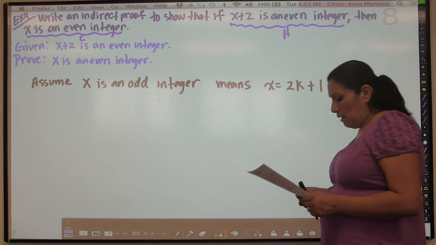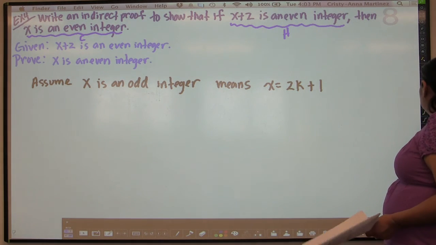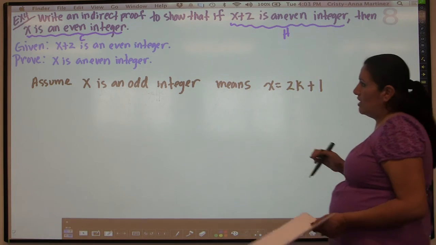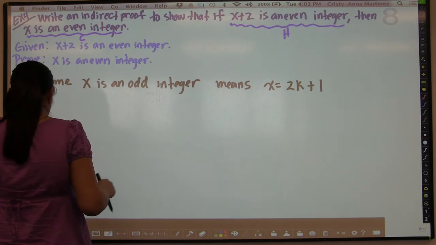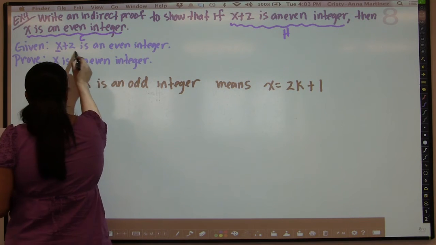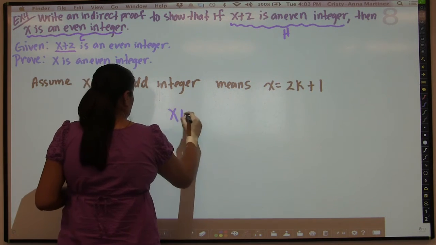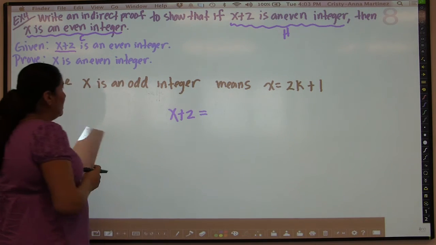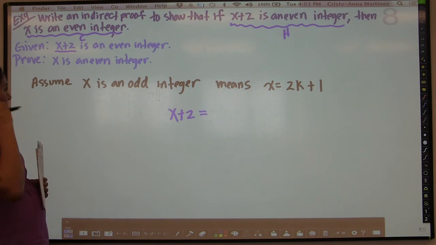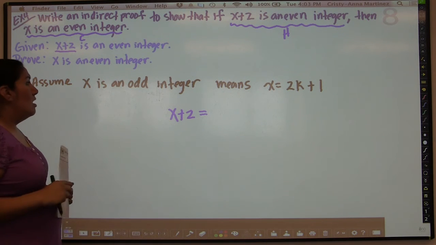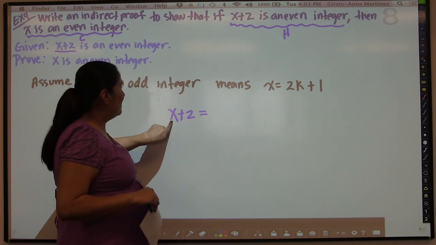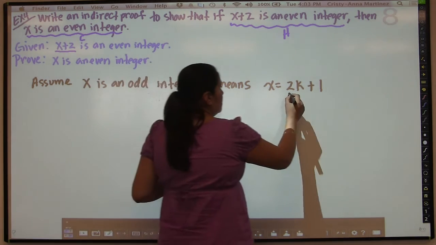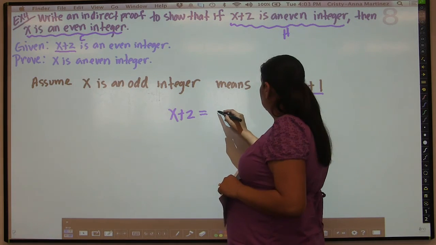And so now we're going to use some algebra to do the rest of the proof. We want to use logical reasoning here. So in our given, we have this x plus 2 right here. We're trying to see if x plus 2 is an even integer, but we're going to start by assuming that x is an odd integer. So if x is an odd integer, it means that I can replace this x with this expression. So I'm going to get